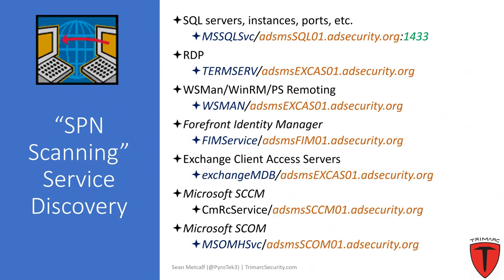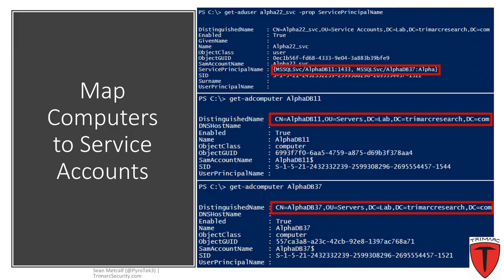Then the other thing they may do is something I call SPN scanning, which is you scan the environment looking for Kerberoast service principal names. That way you can identify the type of enterprise applications that are available in the environment, as well as the associated service accounts. Because if I can determine that SQL is running in the environment and discover those SQL service accounts, I can map those to specific servers. If I can compromise one of those servers, I can compromise that service account. And if that SQL service account is a member of domain admins, which it absolutely should not be, but we found that it is in some environments,